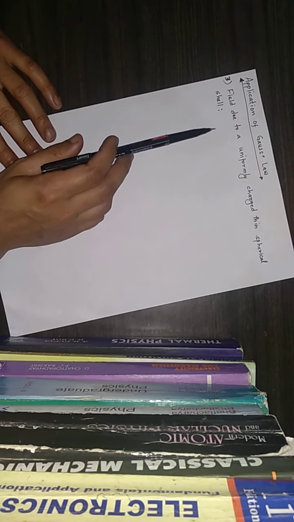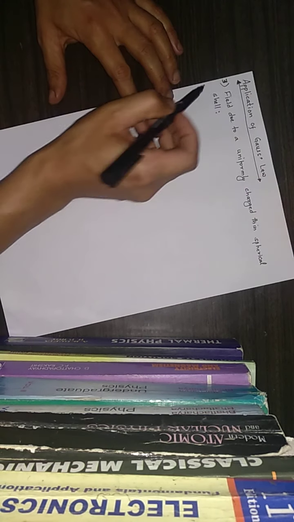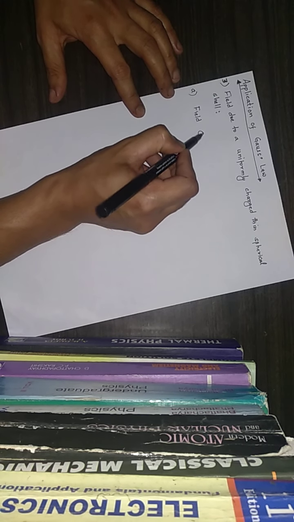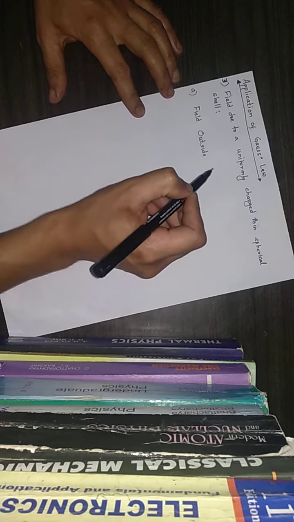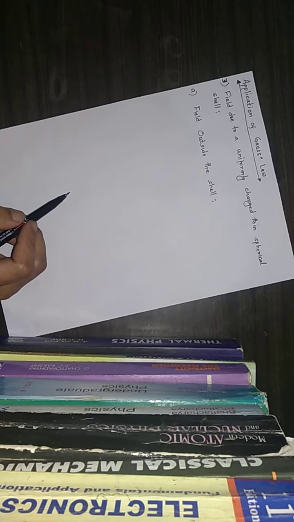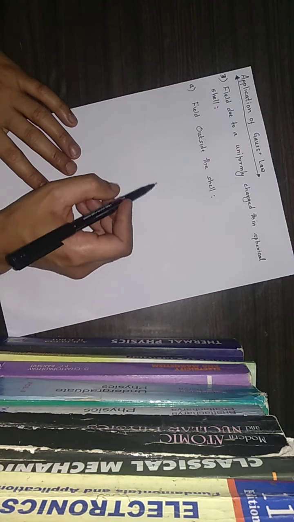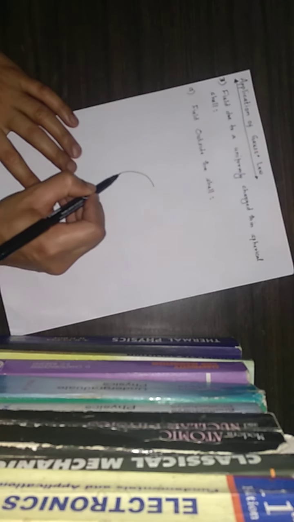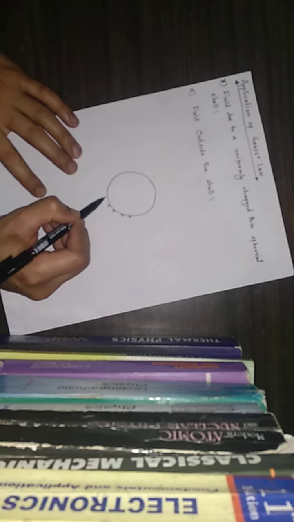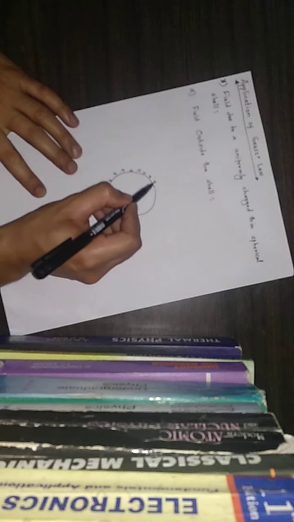So in this chapter, we are discussing field due to a uniformly charged thin spherical shell. First, we will discuss field outside the shell. So I want to make a spherically charged thin shell, where the charges are on its surface,